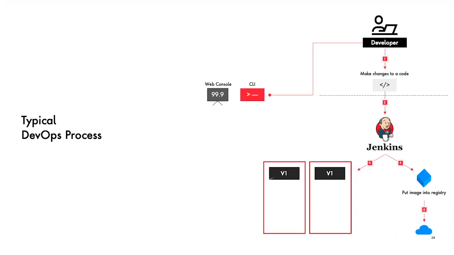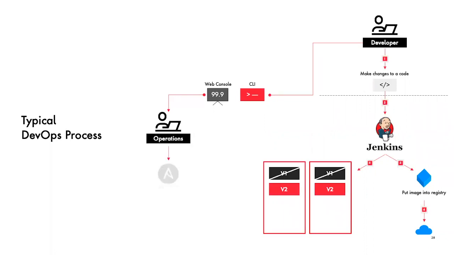Maybe there is a version 1 and he's upgraded it to a version 2, right? So you have a developer, and you have a DevOps guy who updated an image and deployed it to a target environment. Now there's a third guy who comes in, the operations guy, who wants to keep an eye and make sure that the lights are on and production is actually running. He has certain runbooks that the developer team or somebody would have already given him,